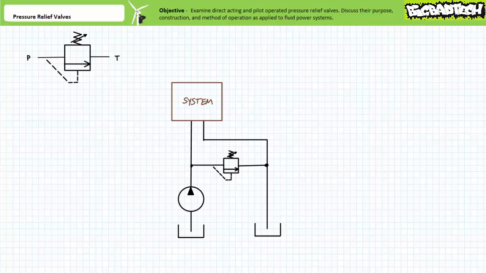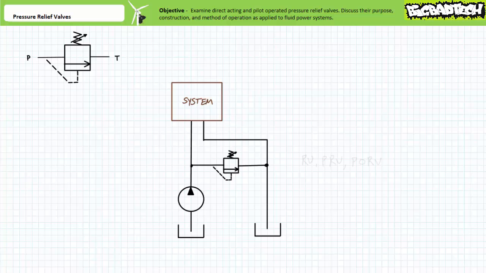The dashed pilot line indicates the pressure relief valve is sensing pressure on the pressurized P port. The arrow on the spring indicates the set value is user adjustable. The passageway linking P to T is normally closed, and at its deactivated state, the pressure relief valve does not allow fluid flow. When activated by pressure in excess of its set value, the pressure relief valve opens and allows fluid flow. When pressure drops to the reset level, the pressure relief valve returns to its deactivated closed state and